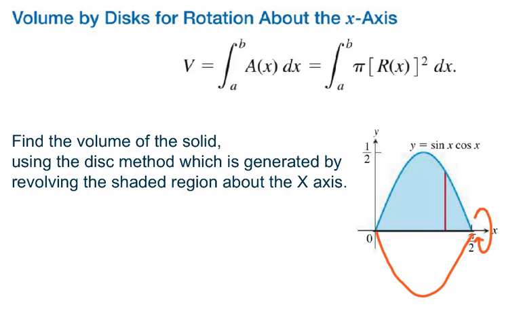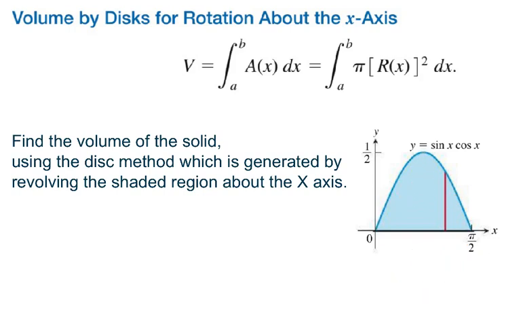But we have all these different disks or circles inside that are created when we do that, right? So we think about all those circles that are created here. So lots of disks, and essentially what we're going to do is we're going to define the radius